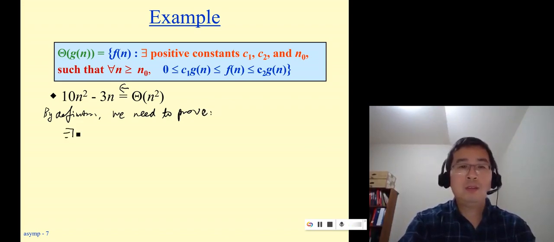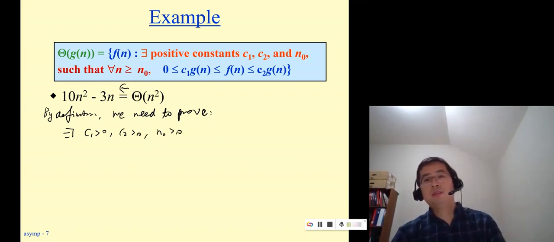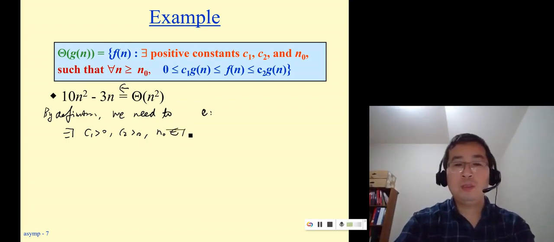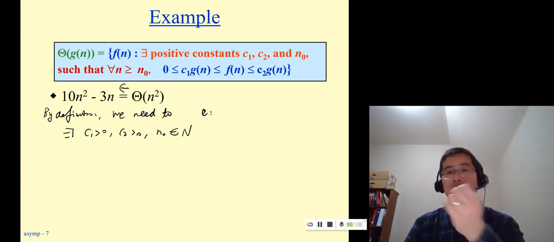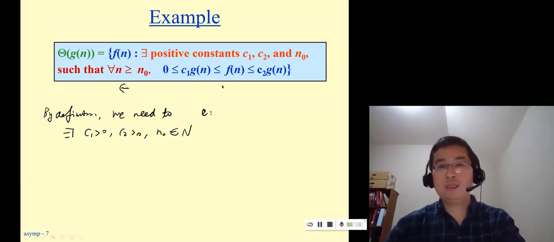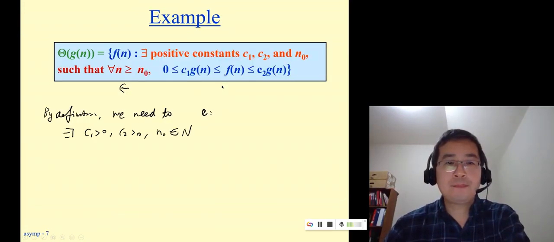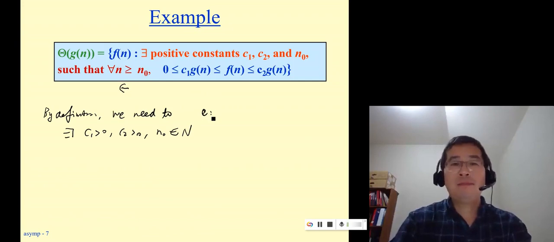there exist C1 larger than 0, C2 larger than 0, and N0 larger than 0, correct? Not only larger than 0, N0 belongs to the natural numbers. N0 is a natural number, correct? We need to prove this one, such that